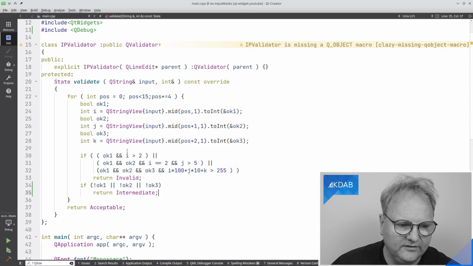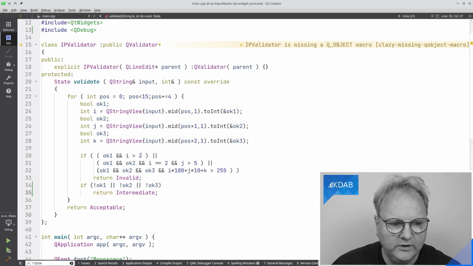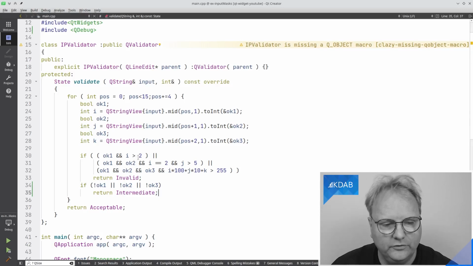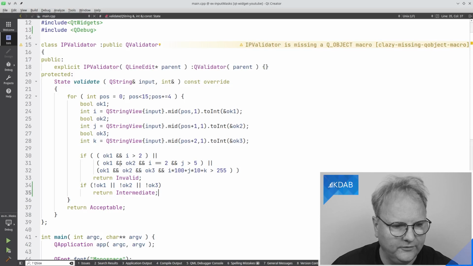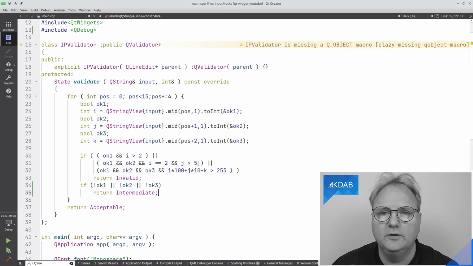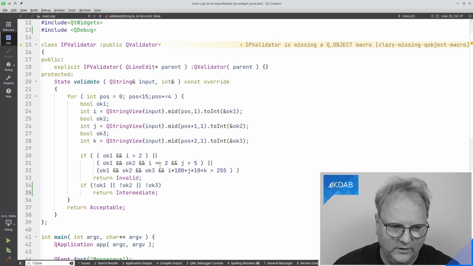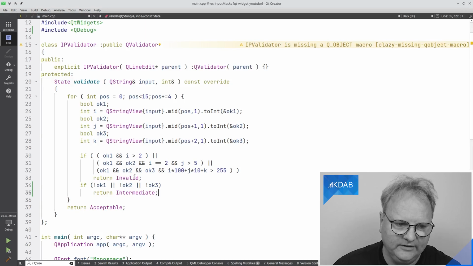And then this is the magic that tests that the first digit can only be, or if the first digit is more than 2, then it's invalid. If the first digit is 2, then it cannot be more than 5 as the second digit, and so on here. And that's the case where it's invalid.